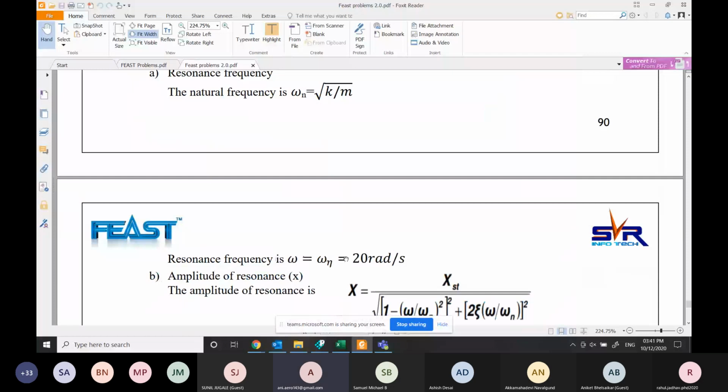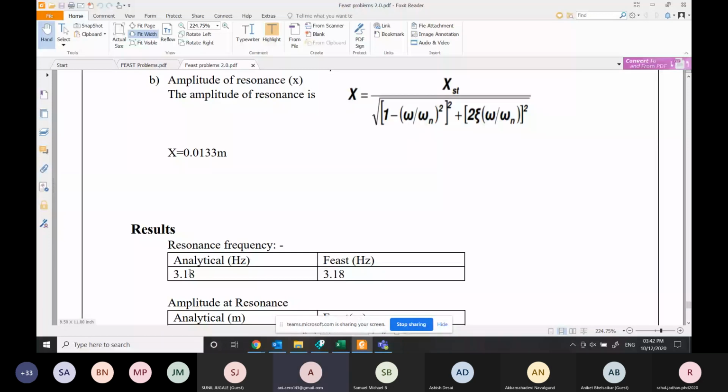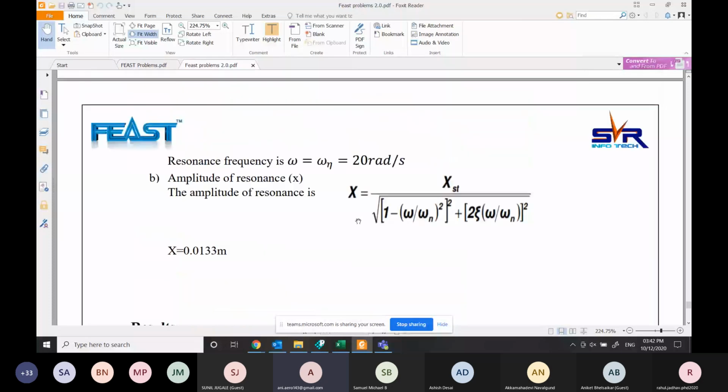And our interest is to calculate the result in Hertz, so you can simply divide this 20 by 2 pi. So analytically, you will get 3.18 Hertz. And the same result we have got using FEAST software.